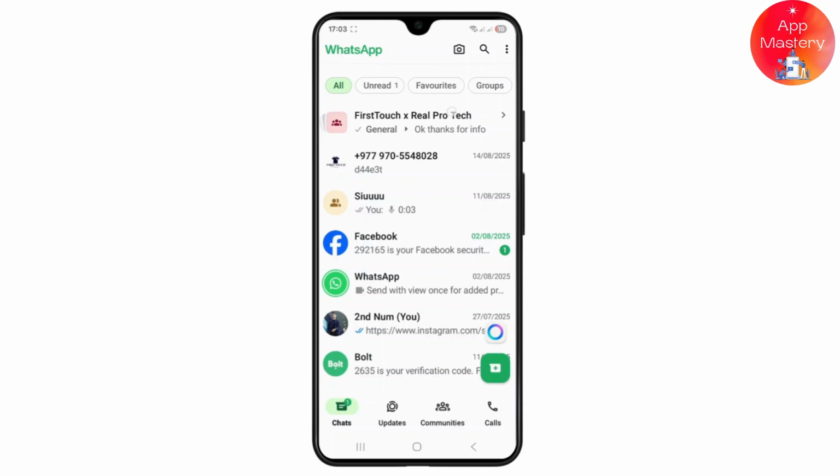And once you're inside here, if you are on Android, you can basically tap on this three dot icon at the top right corner of your screen, and if you are on iPhone, you can just tap on the settings gear icon at the top right of your screen. So for now, I'll simply tap on this three dot icon at the top right corner and simply select the